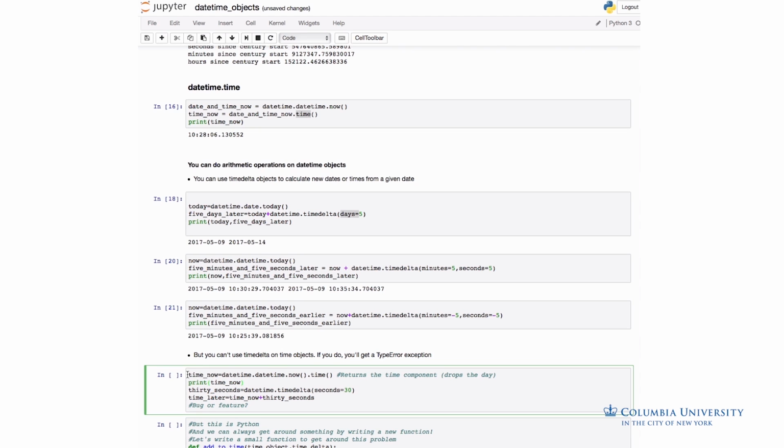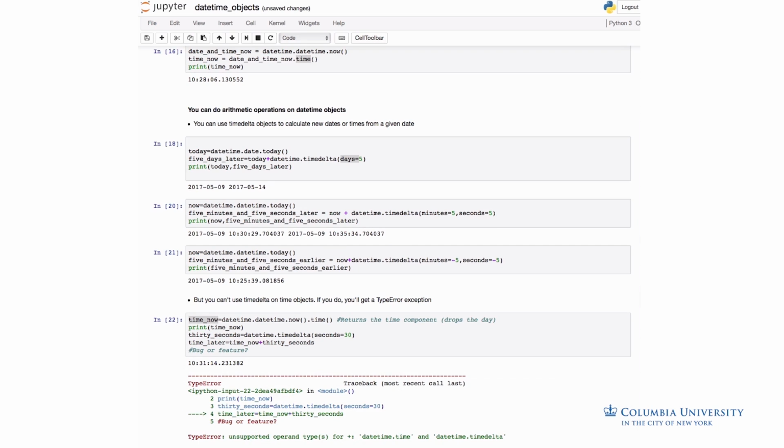So let's say we're looking at the time now, and we're extracting only the time element of that, right? So that's what we get here, time now, which is just the time element of our time. Then we want to take that time. So let me run this, and so that's the time right now. And we want to now add